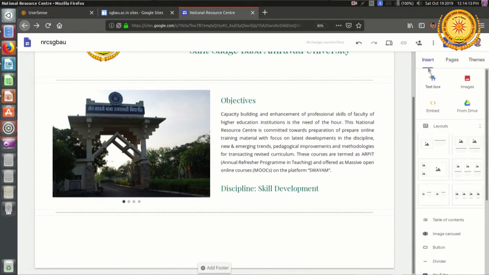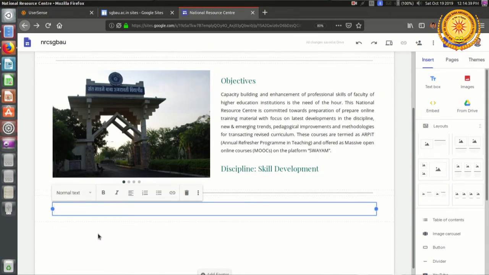As usual I will go back to this right side menu and find the text box, or simply I can double click. When I double click, I am shown some options, like whether I want to insert text, images, upload something, or embed something. I have to insert the text box.